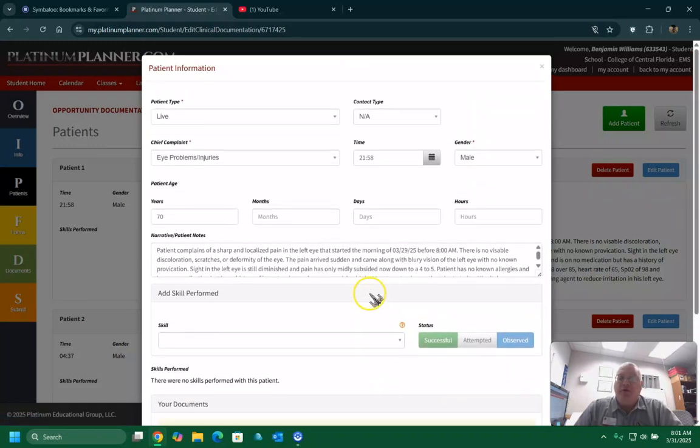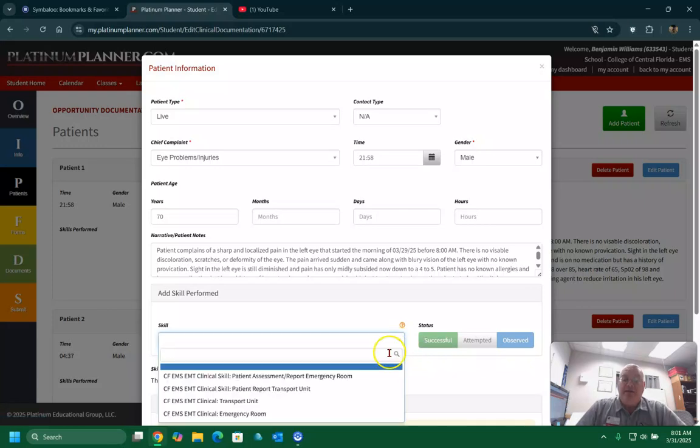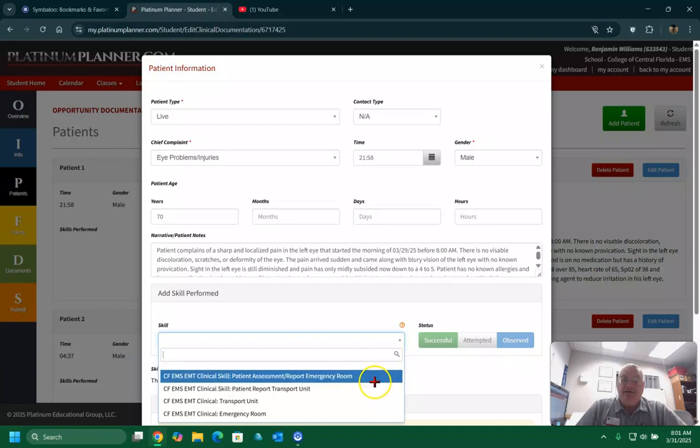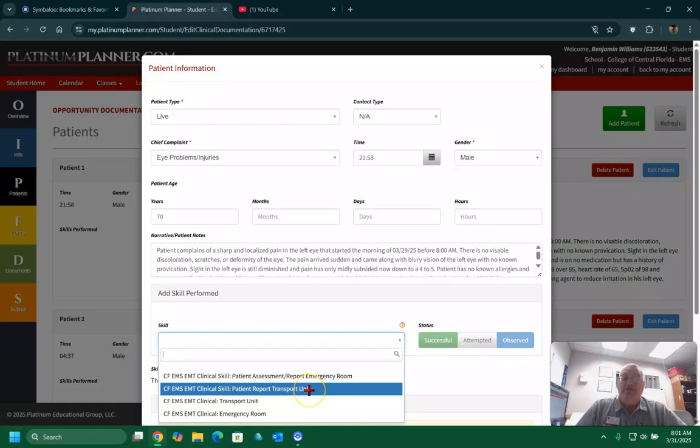So in order to bring up the form to use to document your patient care, you have to add that skill, okay? So when you're under your patient, you're going to go in here, and again, he put in everything that happened with this patient, and that's great, but we're going to go in there and put a skill in there. Now, there's 4 skills in here. There's the clinical skill, patient assessment, emergency room. Now, he was on a transport unit for this particular ride. So for this one, he is going to click